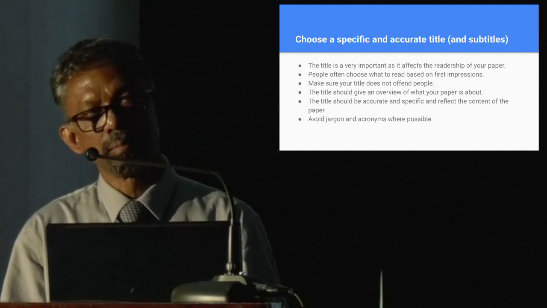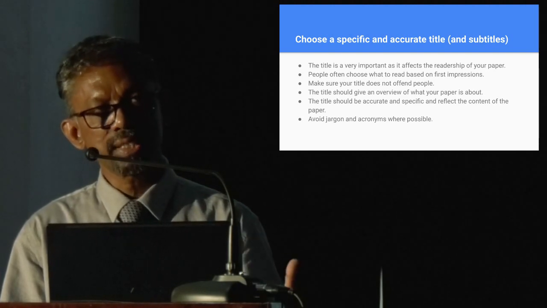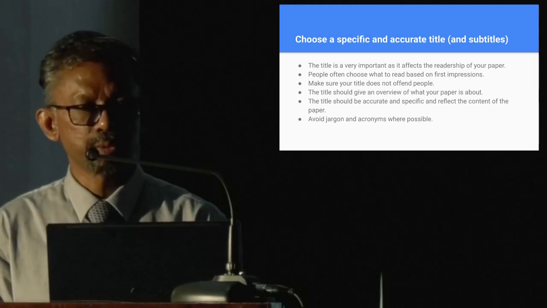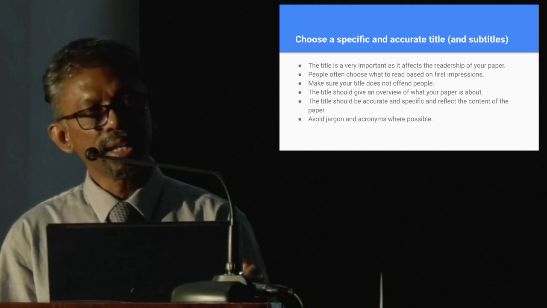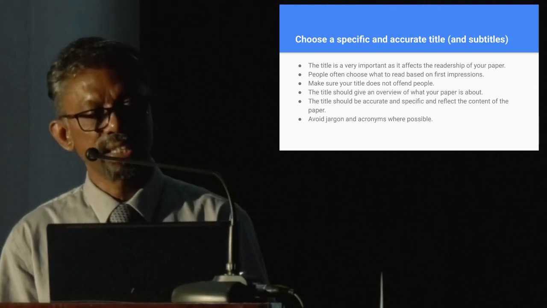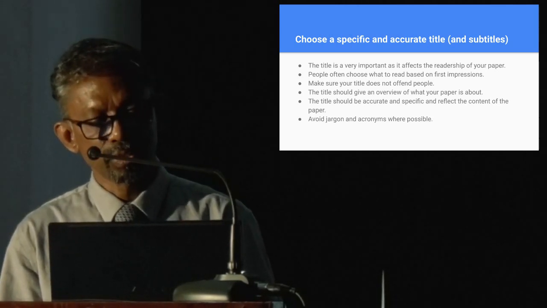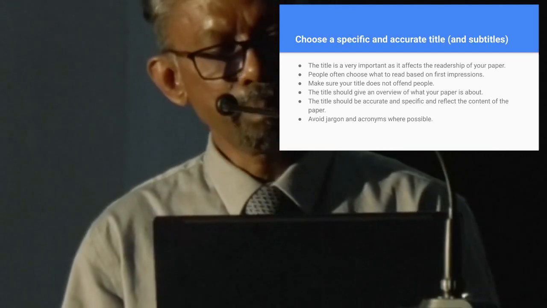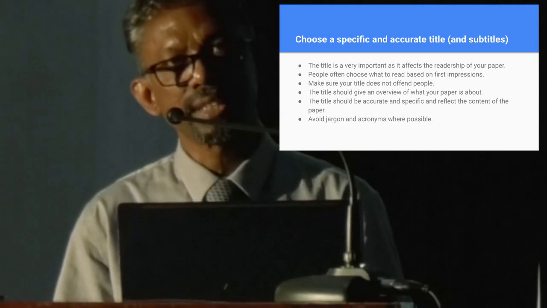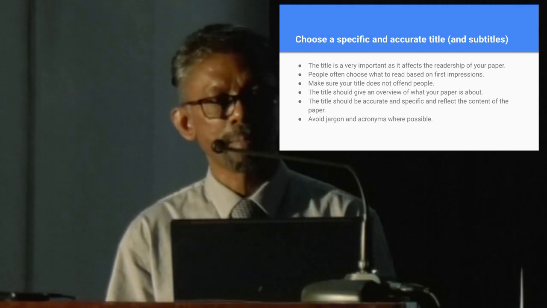And most of the time when we do a search, what is shown to us is the title of a paper and maybe a couple of lines from the abstract. So the title is the part of the paper that gets highlighted and what people read as the first thing. So this first impression is very important. Therefore we have to be careful in deciding on this title, as well as we should not make it offensive. For example,